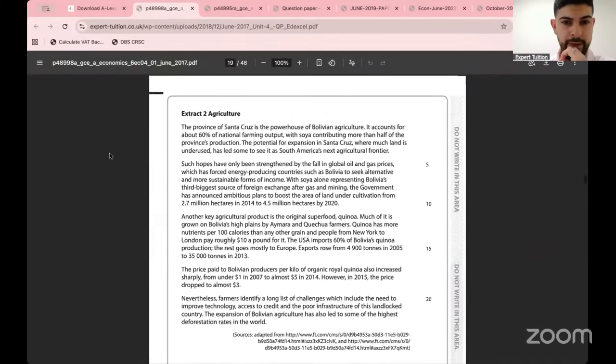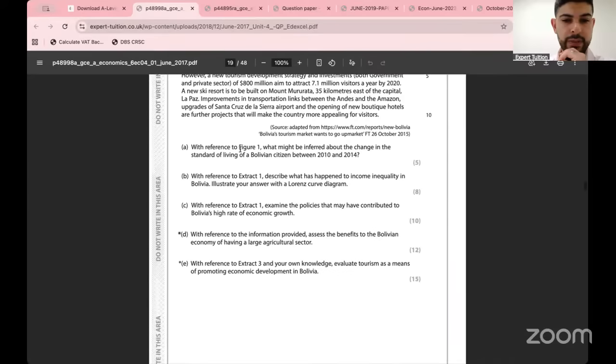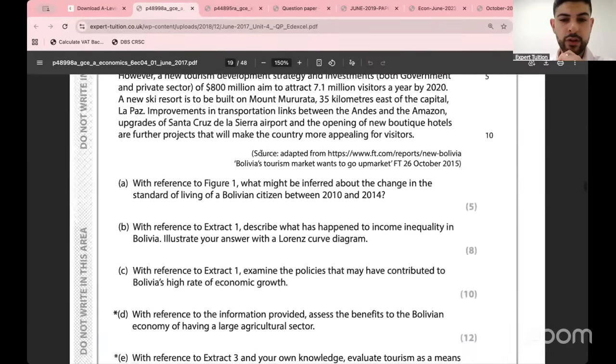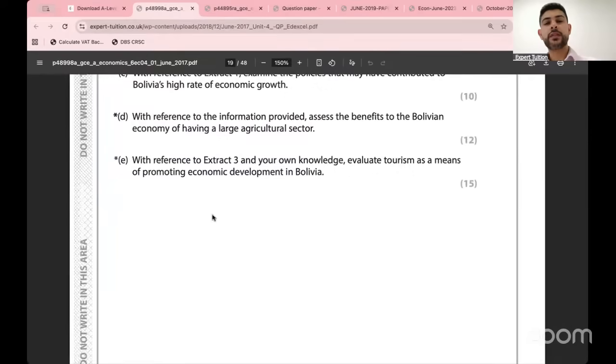Yeah, Bolivia. Okay. There's a whole extract about tourism, and in particular, the 15 marker. What a dream 15 marker. With reference to extract 3 and your own knowledge, evaluate tourism as a means of promoting economic development in Bolivia. And this is what I mean, by the way, that they can sometimes specifically ask you about a certain